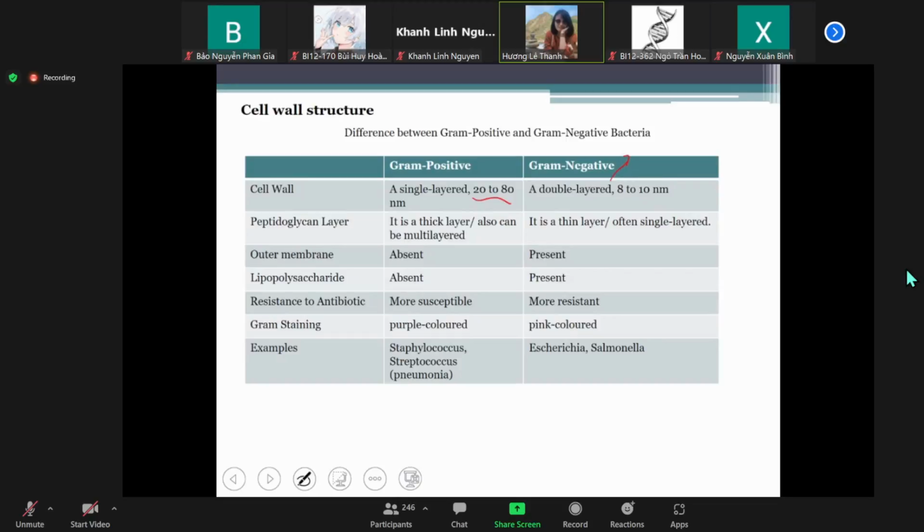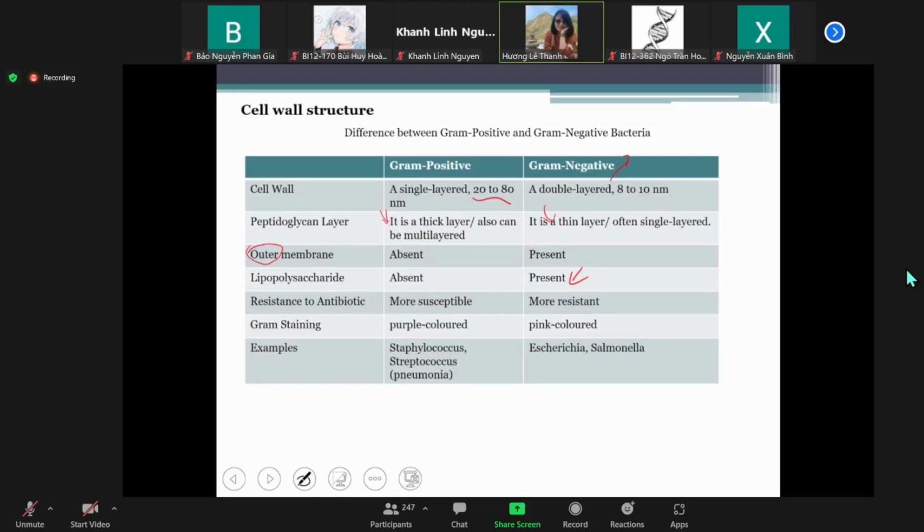Here is a thick layer of peptidoglycan, and here a thin layer. Outer membrane: none here, present here. Lipopolysaccharide: absent here and present here. It's just because lipopolysaccharide is the structure of the outer membrane. The gram positive have no outer membrane, so they are more susceptible to